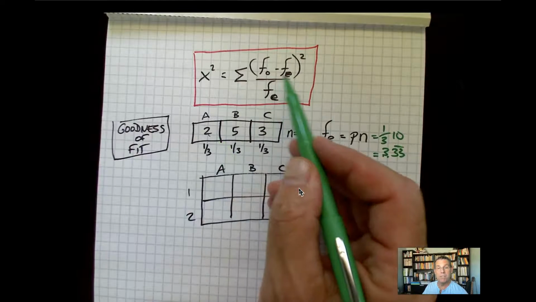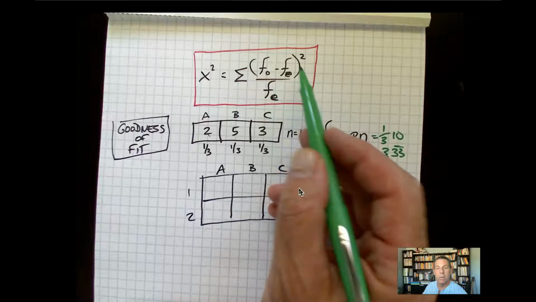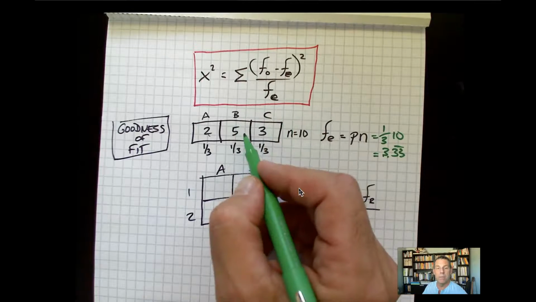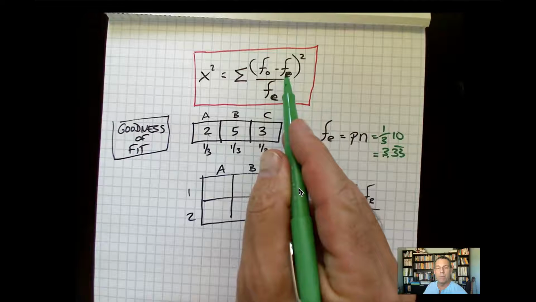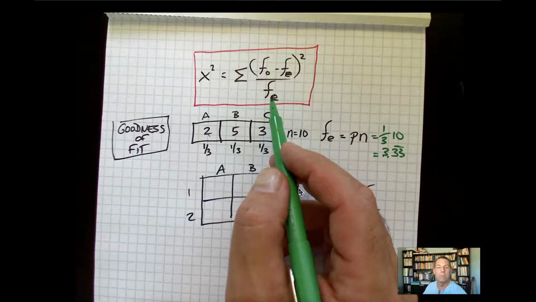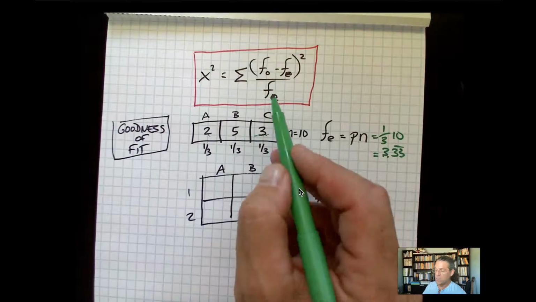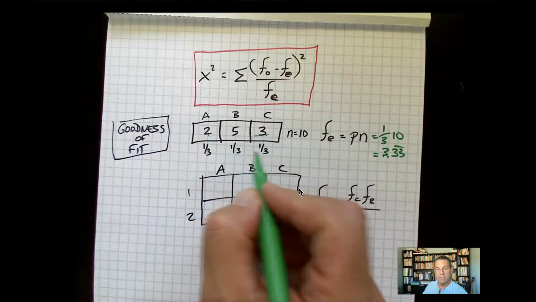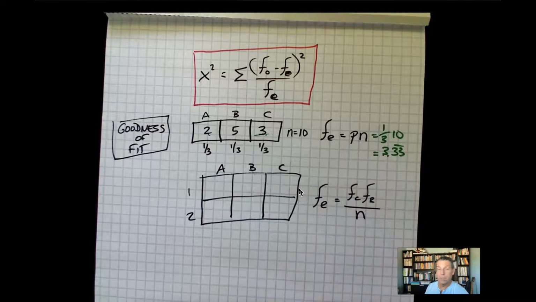So this would be 2 minus 3.33 repeating. Take that difference, square it, and divide by 3.33. Once we've done that, we add it, and go to the next box: 5 minus 3.33, square that difference, divide by 3.33. And then finally go to the next box: 3 minus 3.33 squared divided by 3.33. So notice that these are the same. It's going to be essentially a 1 in 3 chance, or a 0.33 chance. Now, it is possible that maybe we want to do not the no difference, but